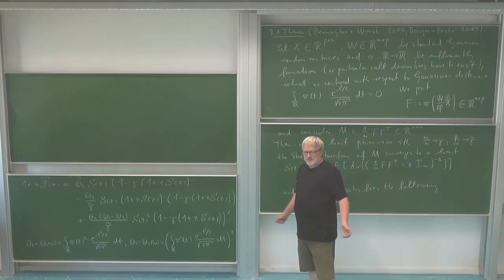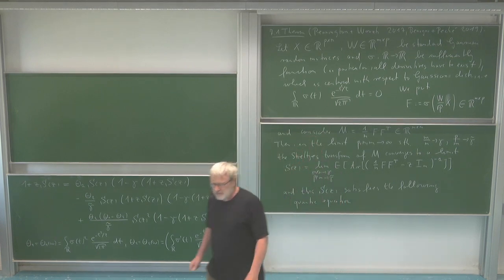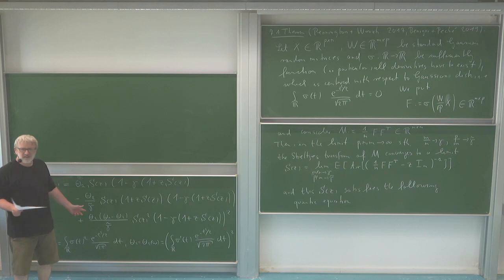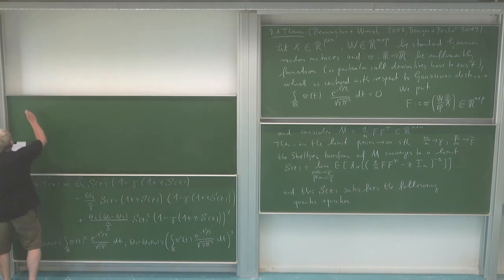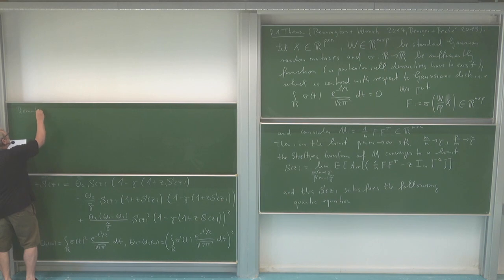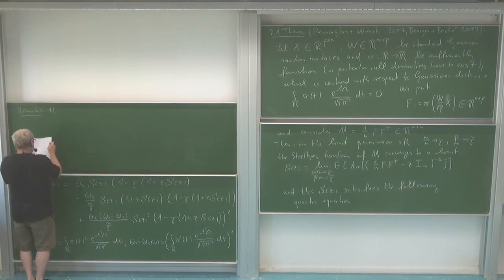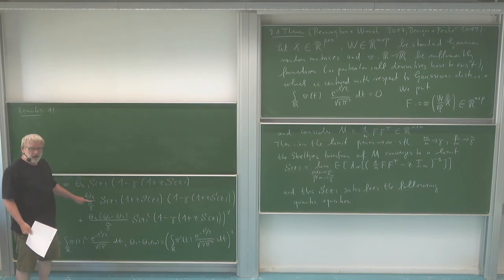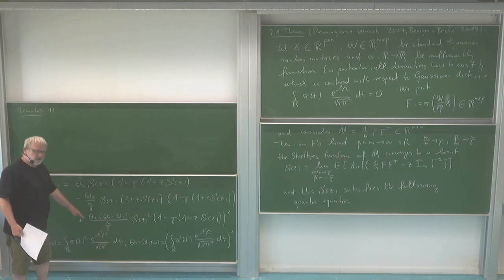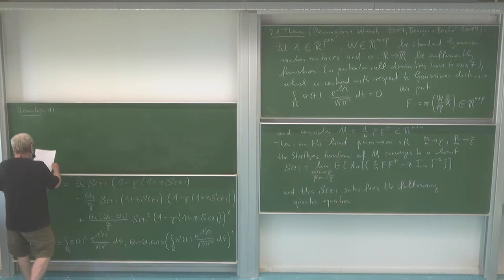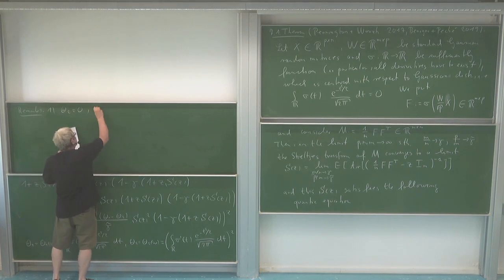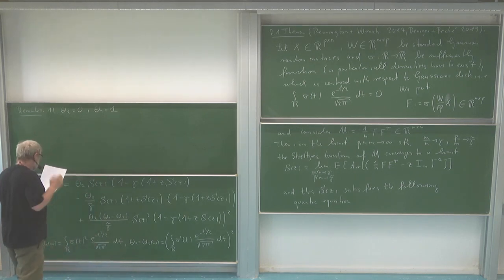So you only get something like this, which is still of a very special form. Let us try to understand it a little bit better. First of all, we can choose special thetas. So, first remark: in particular, you see if theta 2 is equal to 0, it's getting much simpler. Then two of the three terms here vanish. So if theta 2 is equal to 0, and let's say theta 1 is equal to 1, then